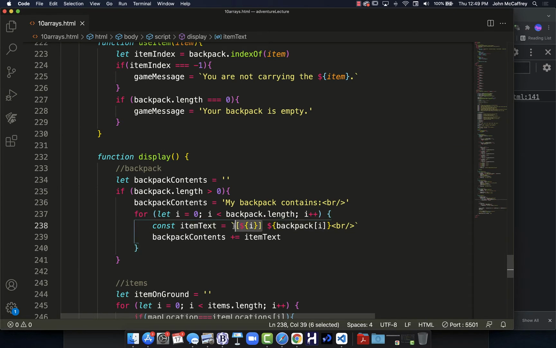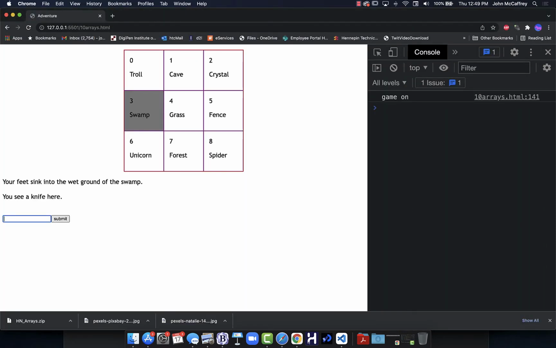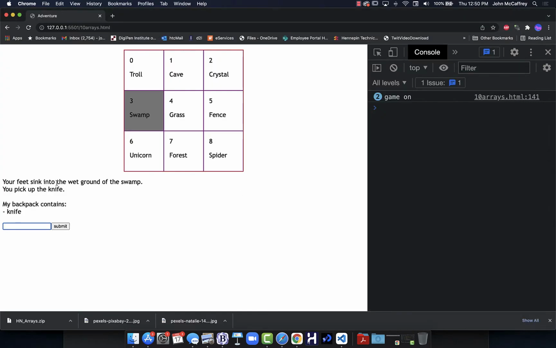So maybe I'll just get rid of it and just put in a minus sign here and go west, take knife, and now we can see it puts a little hash in front of it. If I wanted a different symbol, or if I wanted to use an HTML escape code for a special character, we could do that. If I wanted to put a bullet or something instead of a dash or minus sign. But all of this was just kind of the warm-up, because if we go here